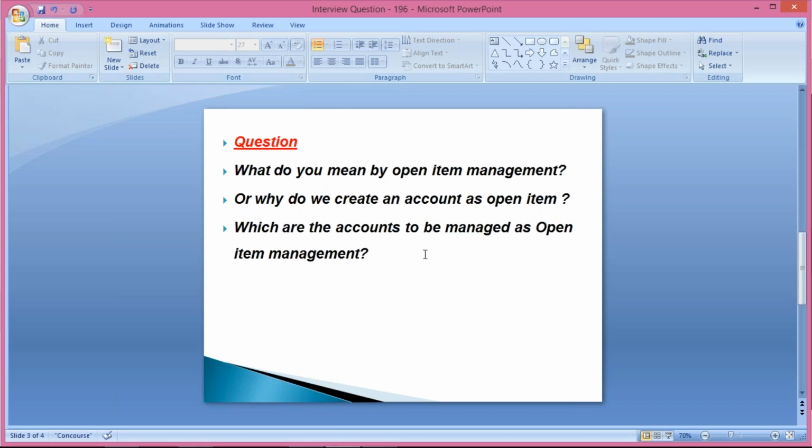Now, which are the accounts to be managed as open item management? So here, first of all, the bank clearing GLs. I know that you all are SAP practitioners, so you might remember the bank reconciliation configurations, whether it is manual or EBS. Let's suppose we create an incoming bank account, that is a clearing GL, and an outgoing bank account. Whichever bank clearing accounts are there, those are going to be set up as open item